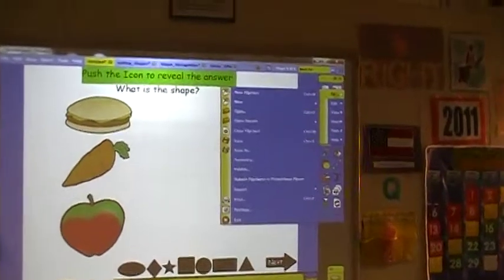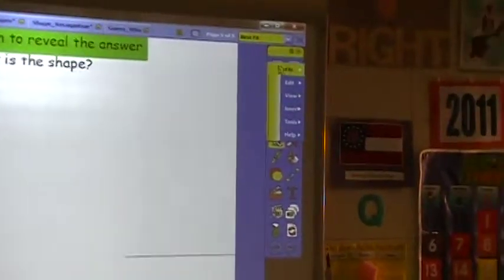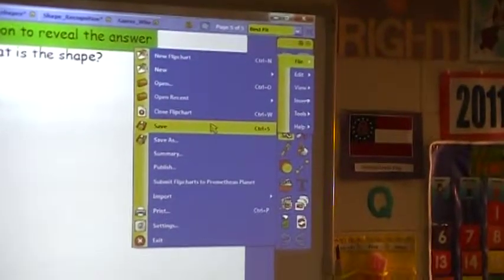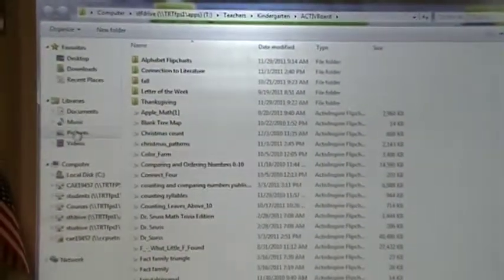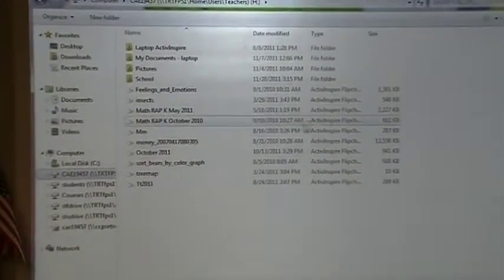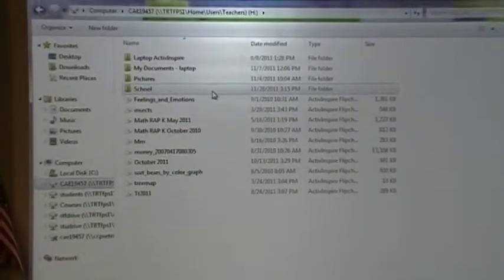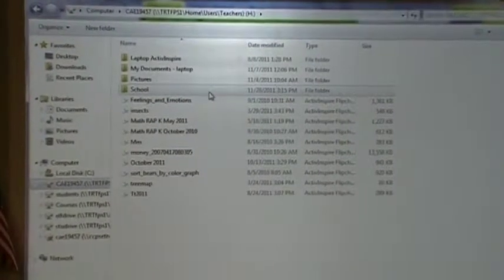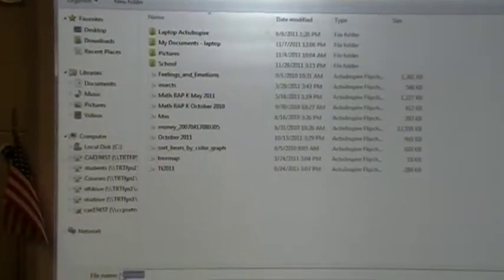So I'm going to go up here to File, Save, and it's going to give me an option of where I want to save it. I'm going to save this on a personal, on my H drive. You can save it in your own or put it on the T drive for all of us to share. And I'm going to name this